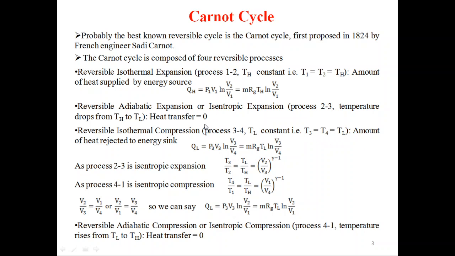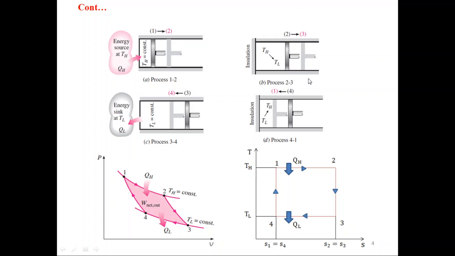Second process is reversible adiabatic expansion or isentropic expansion process 2-3. Temperature drops from TH to TL because it is an expansion process, and in isentropic expansion process the amount of heat transfer is 0. You can see the diagram. In this diagram cylinder is insulated, so there will be no heat transfer and the piston is moving from position 2 to 3. So it will represent expansion as the volume is increasing,